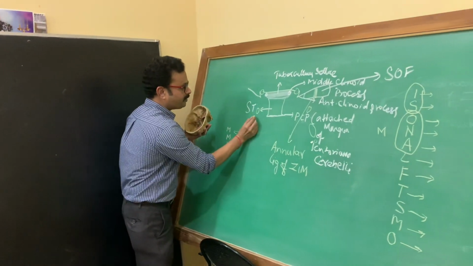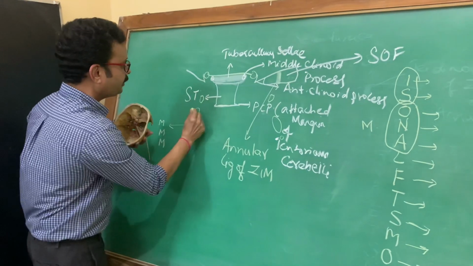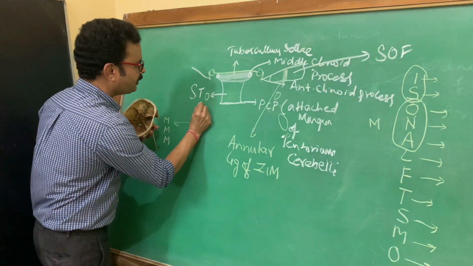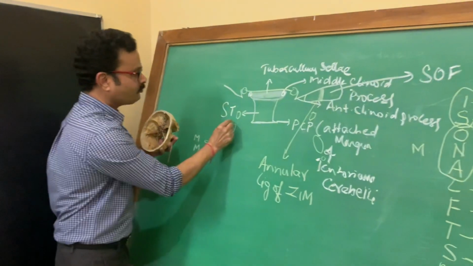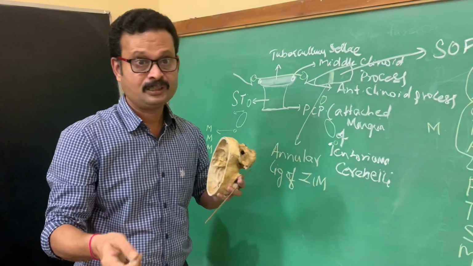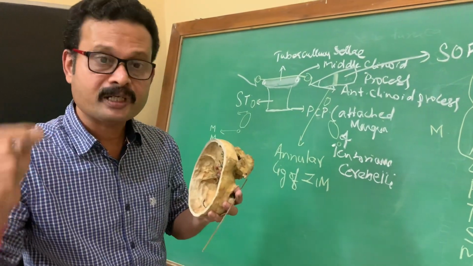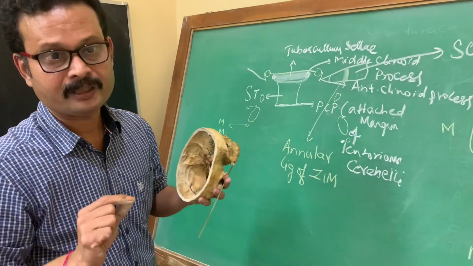Sometimes there can be a foramen seen, a rare foramen which is not present here, in front of the ovale or just slightly lateral to the ovale, something like this. This foramen, when present, is called as foramen of Vesalius. Vesalius is the father of modern anatomy, and when present, it transmits only an emissary vein.